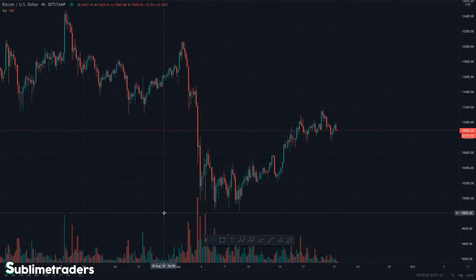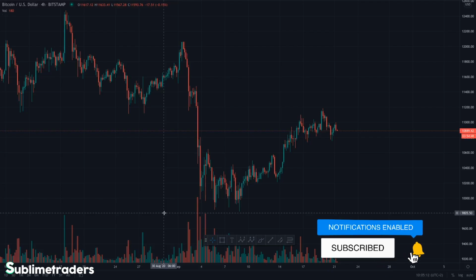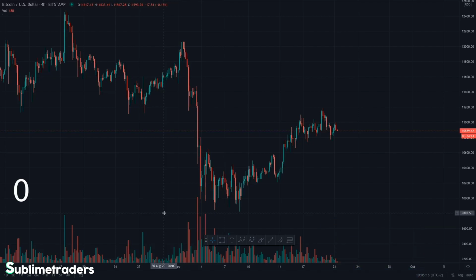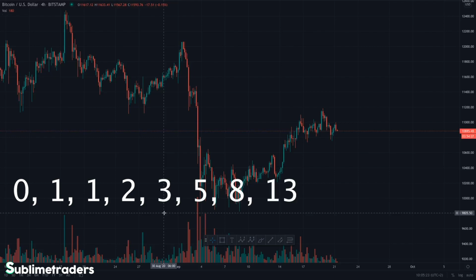Before we dive into the meat of the subject, we need to understand what the Fibonacci levels are in the first place. So let's see where these numbers come from. Fibonacci is a sequence of numbers as 0, 1, 1, 2, 3, 5, 8, and so on. Notice that each number in the sequence is the sum of the previous two, and it can go on